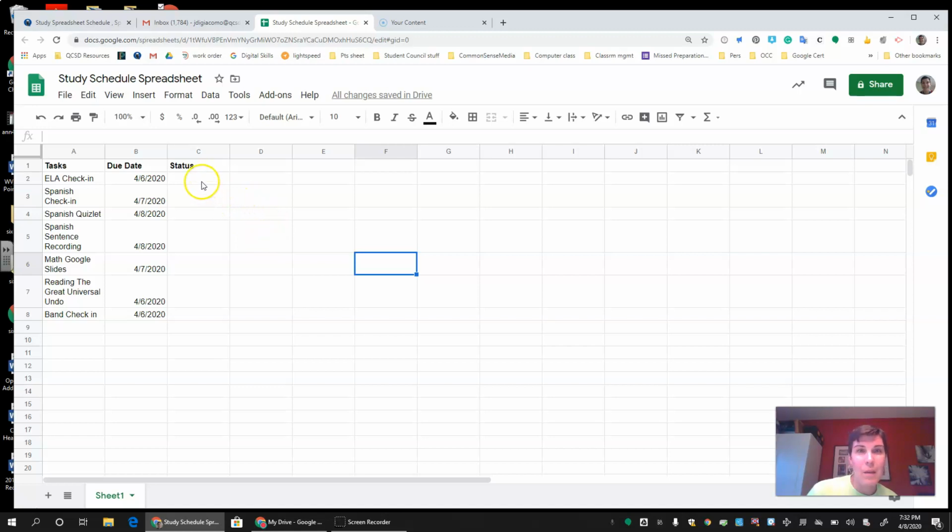So one thing I thought that might help you guys stay organized is a spreadsheet. As I mentioned, under column C here, many of you have listed if you have it done or it's not done or if it's in progress. But instead of having you guys type that in each of these cells, there's a way to make a drop-down